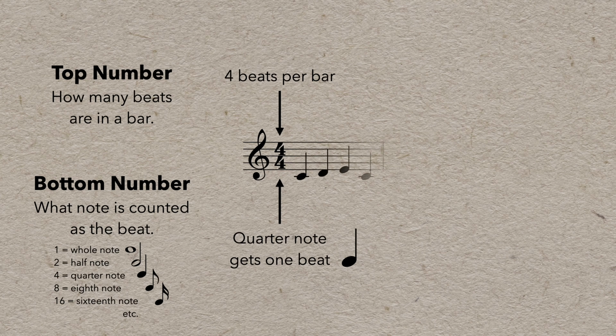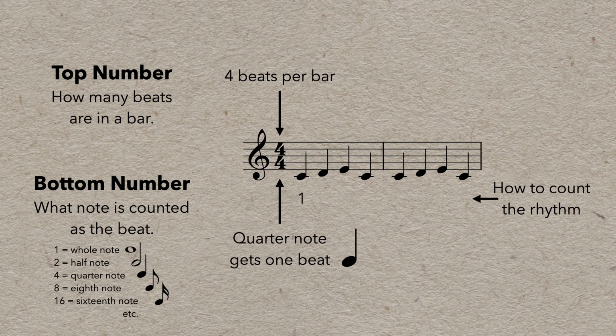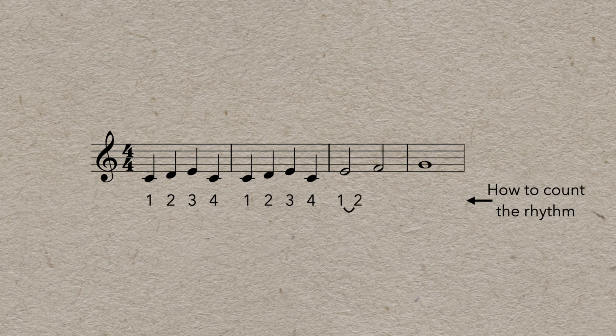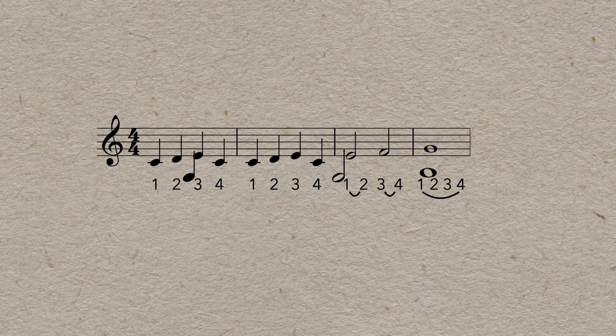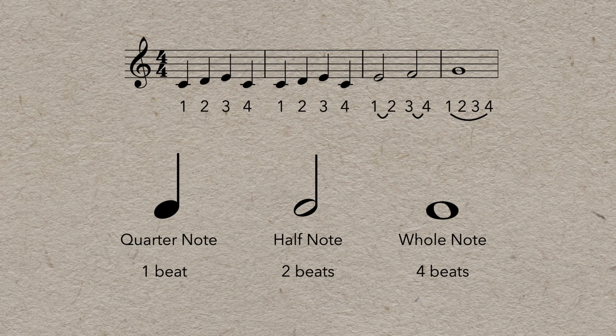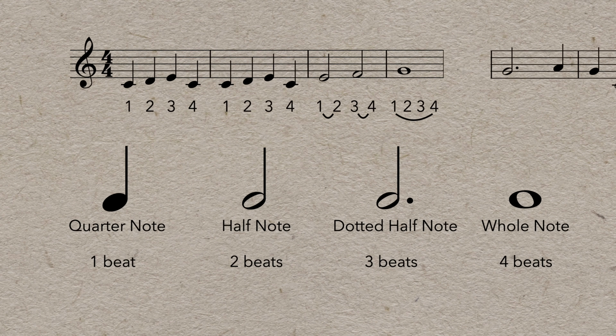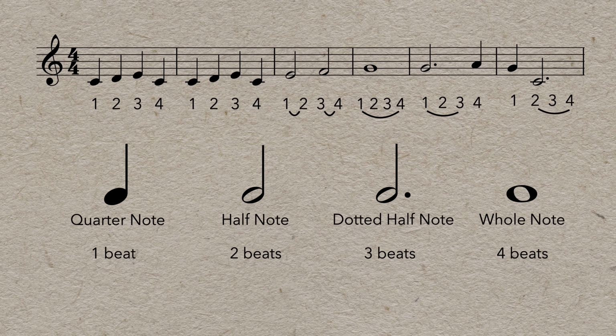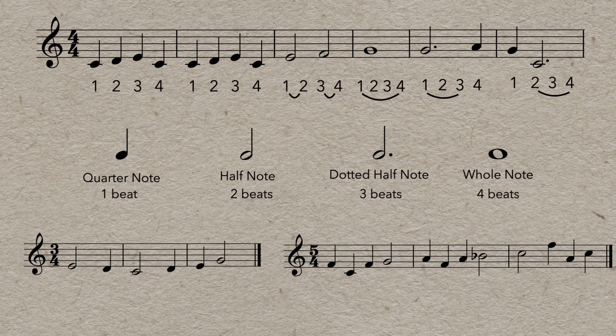And a couple of bars of quarter notes look like this. Each one gets a beat, and they're counted for the beat that they fall on. You can also have half notes, which are 2 beats long, and whole notes, which are 4 beats long. So that gives us options for 1, 2, and 4 beat notes. And if we want a 3 beat note, we use a dotted half note. And if there's a different number of beats in the bar, everything still works out exactly the same way.